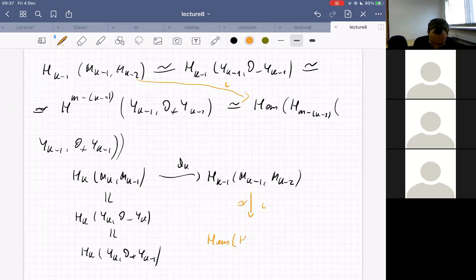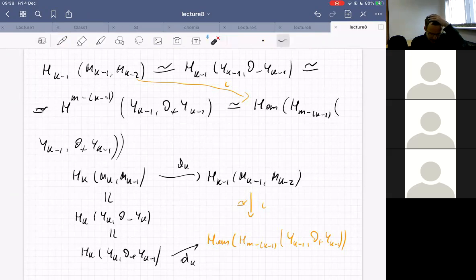And the decay under this isomorphism is essentially the same decay, okay? Because this is a sequence of isomorphisms, and this is an isomorphism, that is the composite. And now